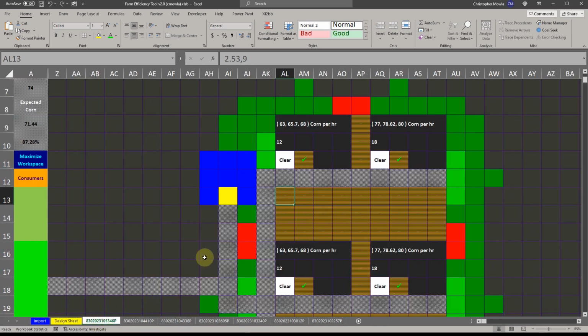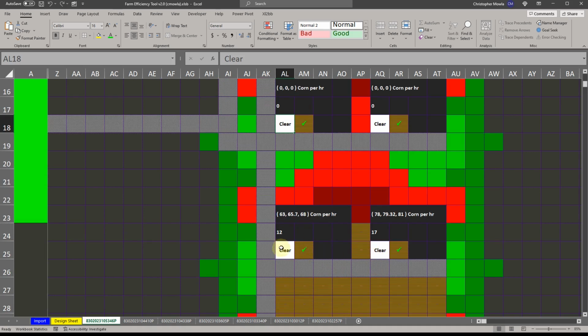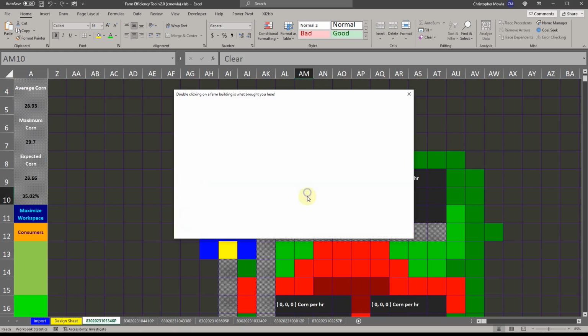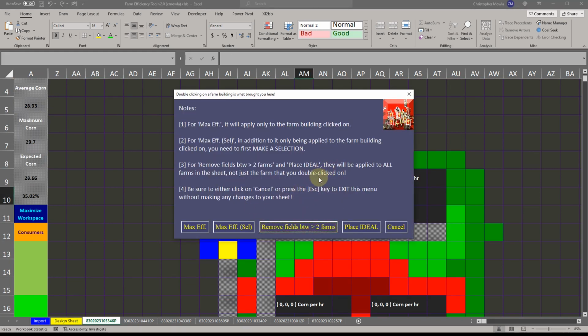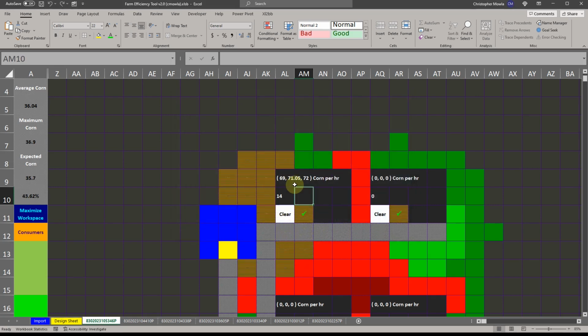This is very useful because if I come here and clear these, and maybe the spreadsheet is working faster overall now too, when you want to clear tiles, I think it is. But anyway, if I right click on here, because that's one way you can do it, or you can double left click, right? If I say max efficiency, it's only going to consider the green tiles, because that was what was guaranteed to be very precise or even accurate from the previous video, because these numbers you see are based off the data of the 18,000 row table. But now that I've improved the algorithm for putting farm fields on the red tiles in general,